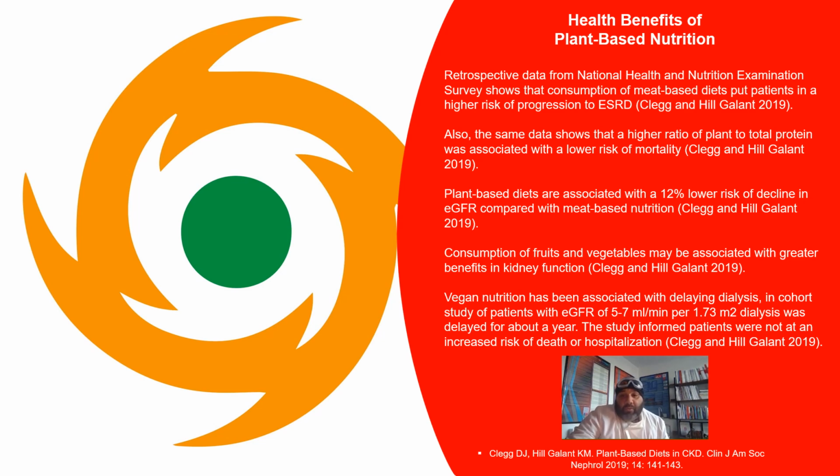And there was a cohort study of patients with an estimated glomerular filtration rate of around 5 to 7 mL per min, which falls in the category of CKD stage 5 or beyond, and where dialysis or hemodialysis had been delayed for about a year. Patients in this context were not at increased risk of death